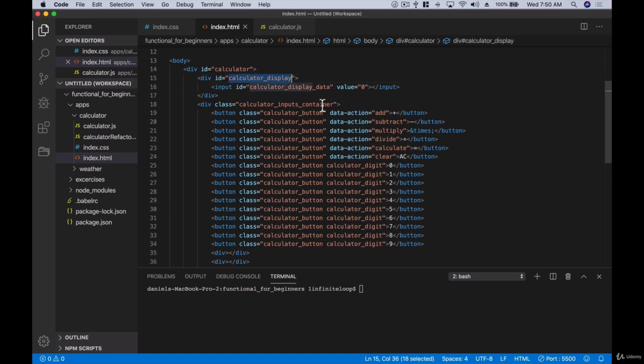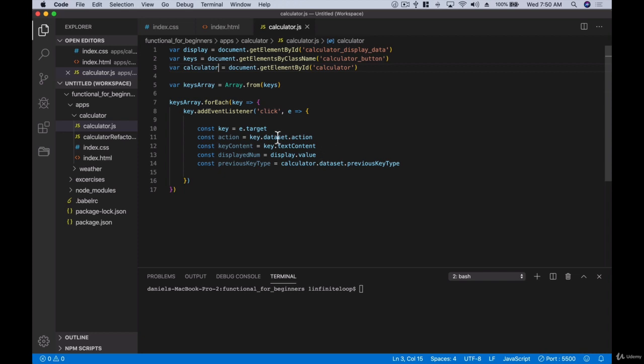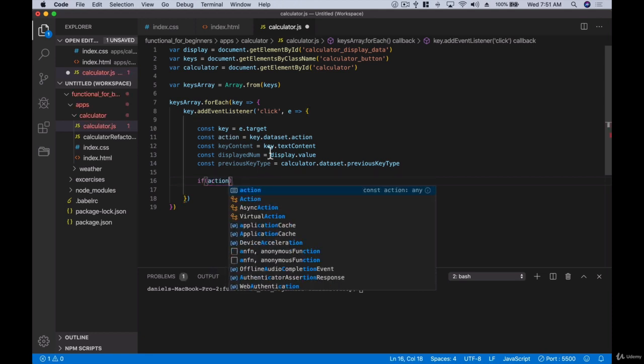Okay, the reason being is so we can add some global variables to it. And again, I agree, this is completely horrible. But again, that's what we're going to be doing for this. So let's just try to get through it. So let's first start with the actions. Okay, let's see. So if action, okay, so now that we have the actions, okay, if the action equals